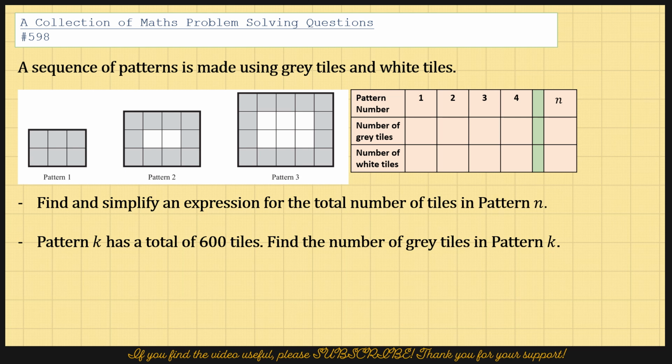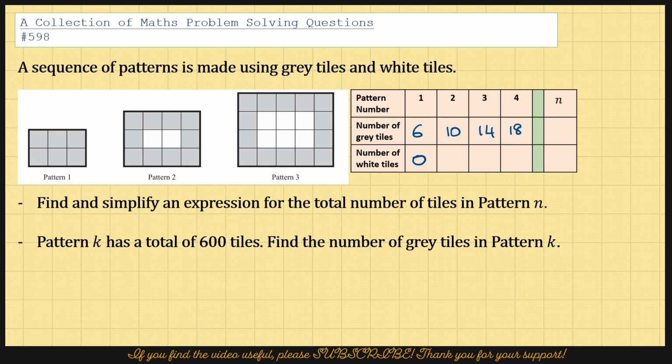So the first thing is to fill in the table. The number of grey tiles is 6, and then it's 4 plus 4, 8 into 10, and then 5 and 5, 10, 12 to 14, so it's increasing by 4 every time, and therefore the fourth term is going to be 18. Now we look at the